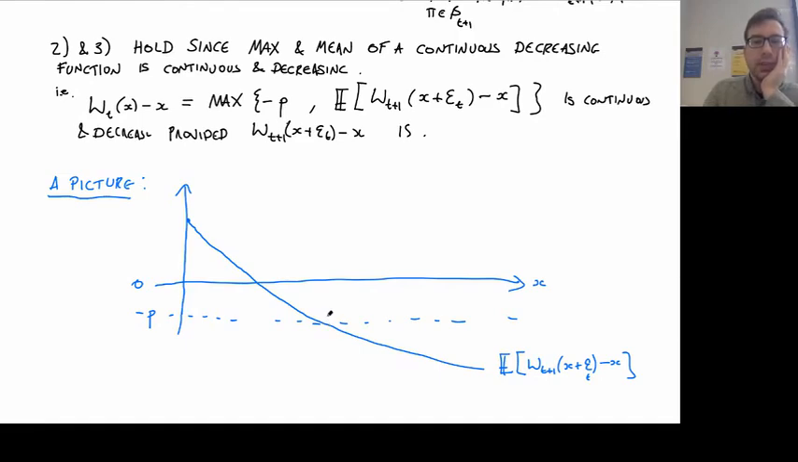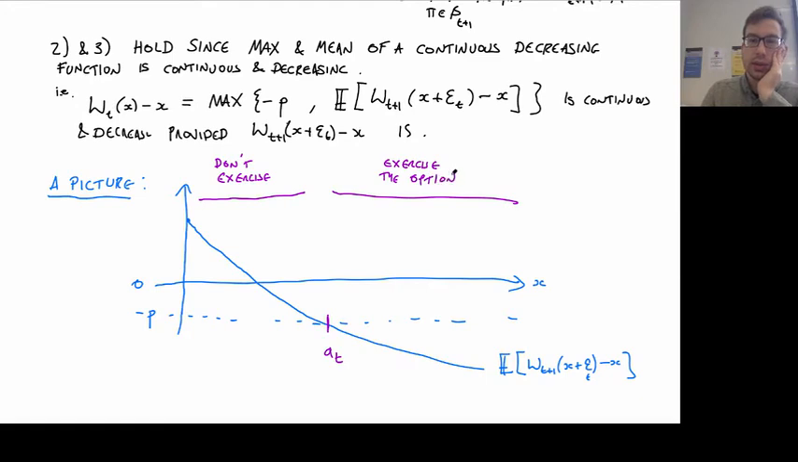So there's going to be some point here, which I'm going to call A_t, okay, where whenever x, the stock price, is in this area, then the maximization is given by this term. Okay, so you don't want to exercise the option. Okay, and then whenever we're on this side of the line and minus p is the bigger of the two lines, then we want to exercise the option. Okay,